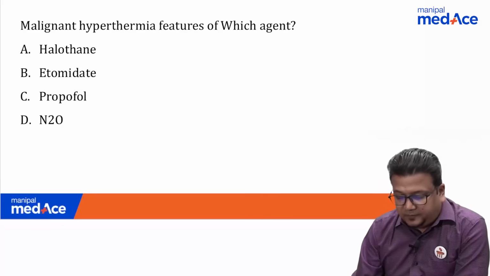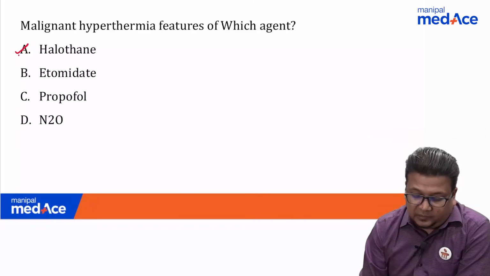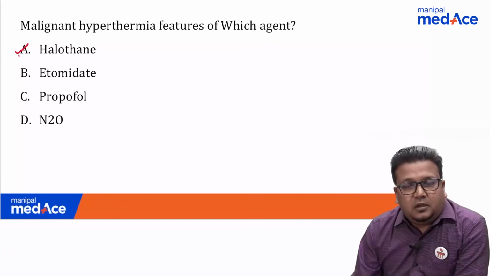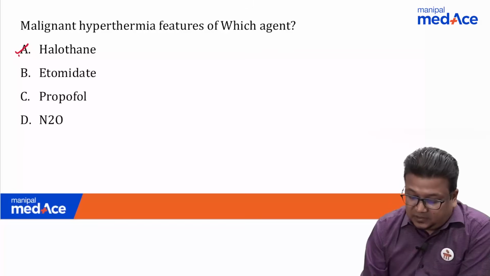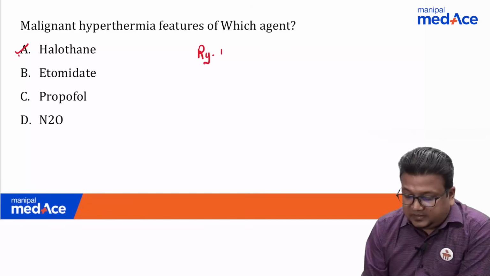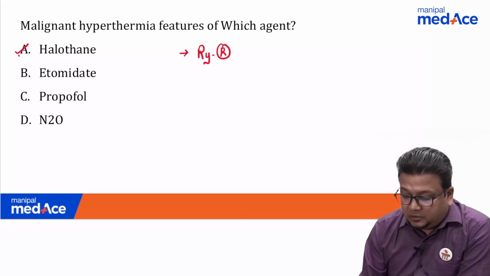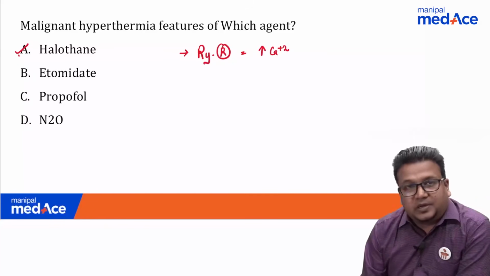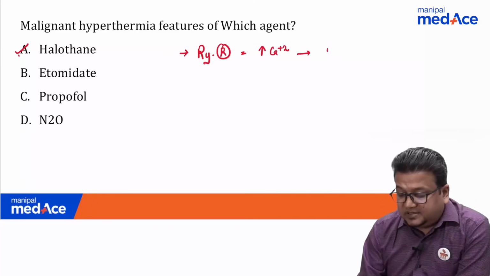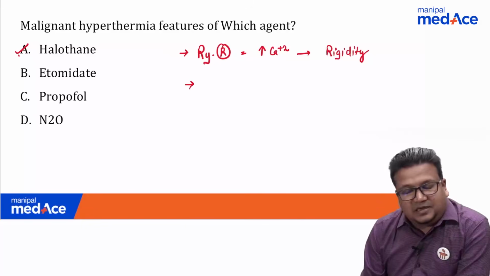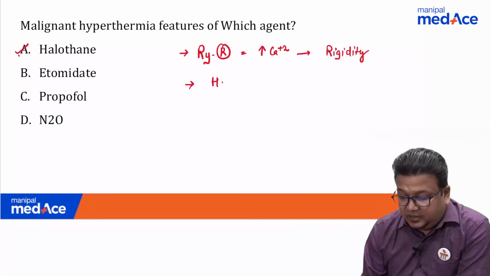Next question: malignant hyperthermia, feature of which agent? Halothane, etomidate, propofol, and 2 out of the given. Halothane is the one which shows the features of malignant hyperthermia, which is due to abnormality in the ryanodine receptor, mutations in the ryanodine receptor causing excessive release of calcium from sarcoplasmic reticulum, leading to muscle rigidity. That is malignant hyperthermia. The most likely cause is either halothane